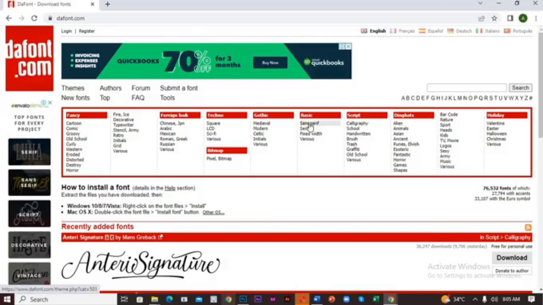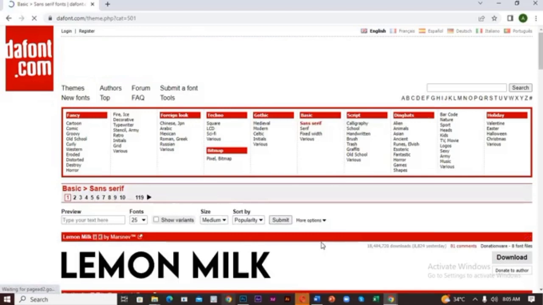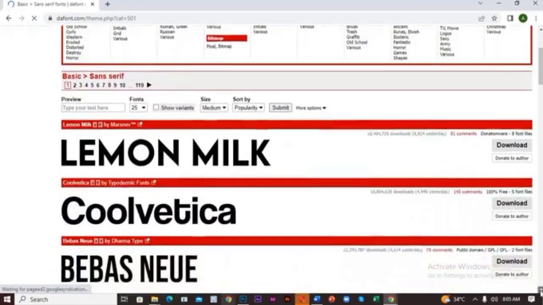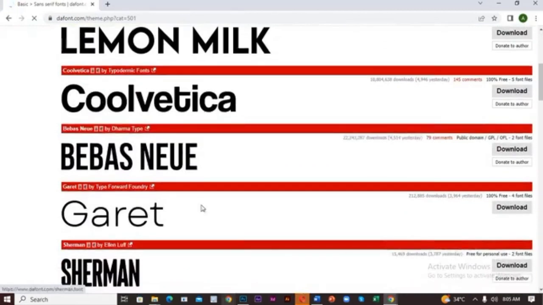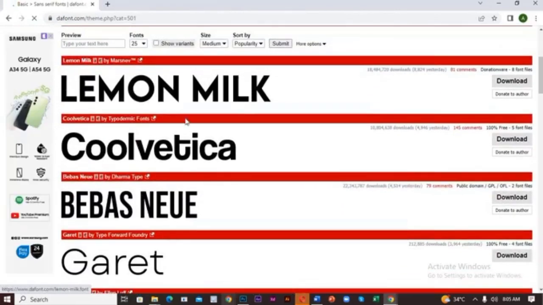Okay, so let me show you the difference. So let me click on sans serif. So look at how sans serif looks like. The design is very, very lovely. Okay, this is sans serif. You see the design that doesn't have any edge, that is just plain like this, you know, that you notice the difference between sans serif